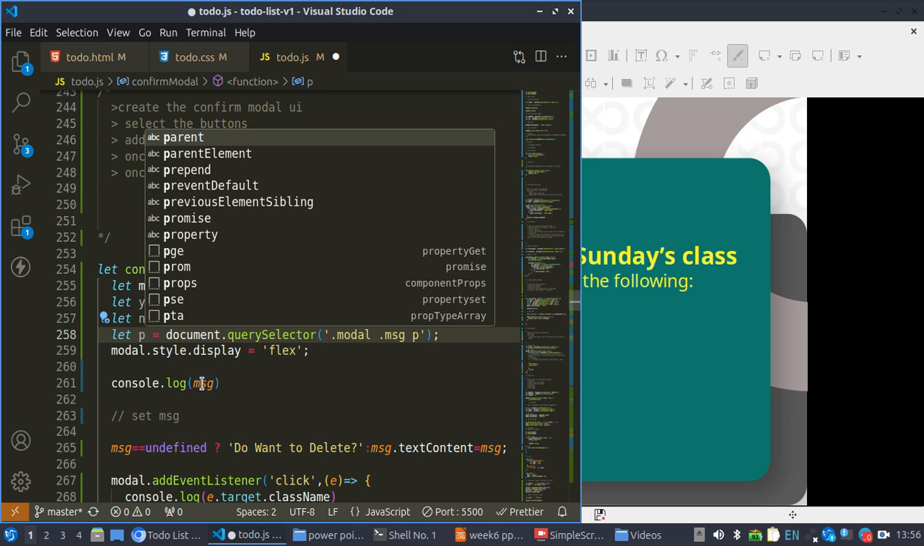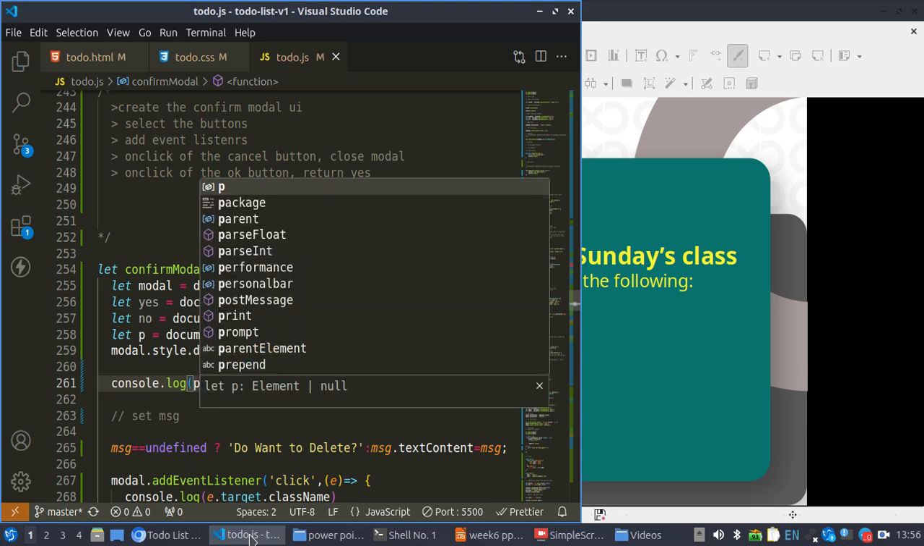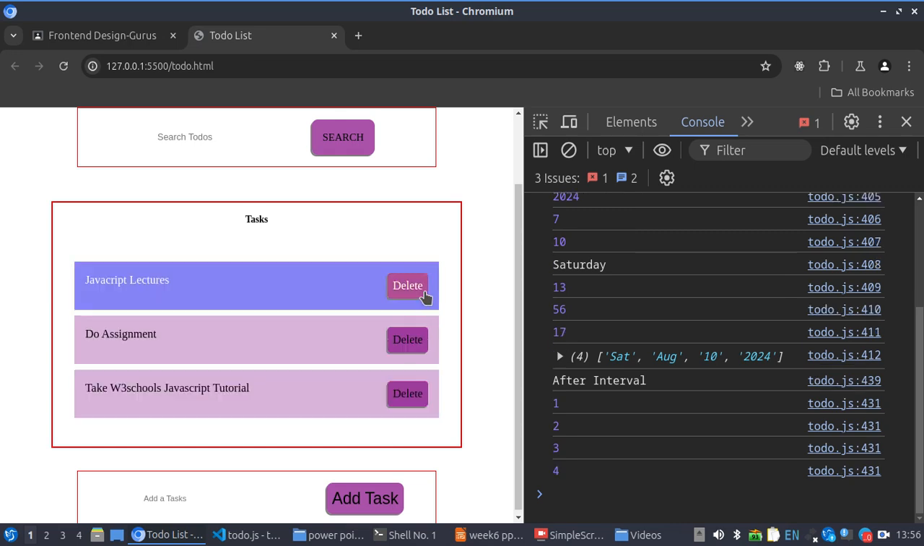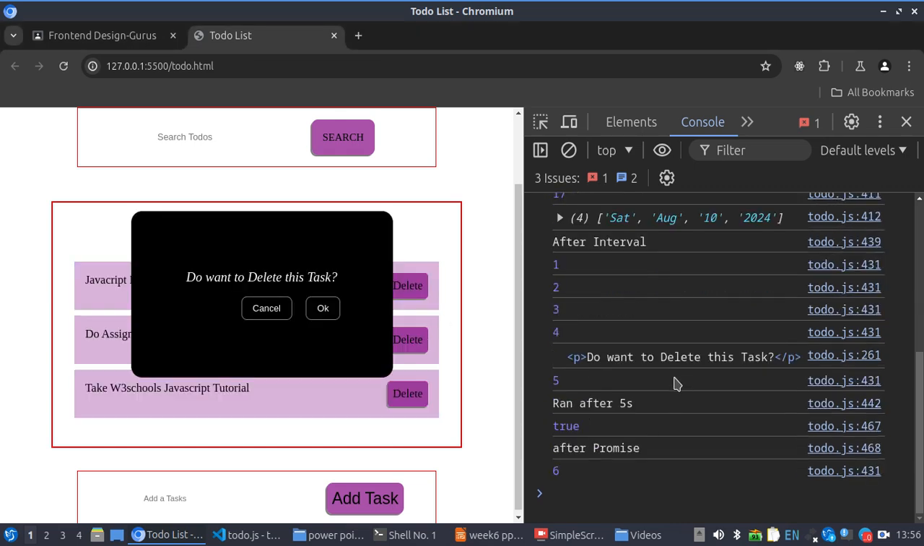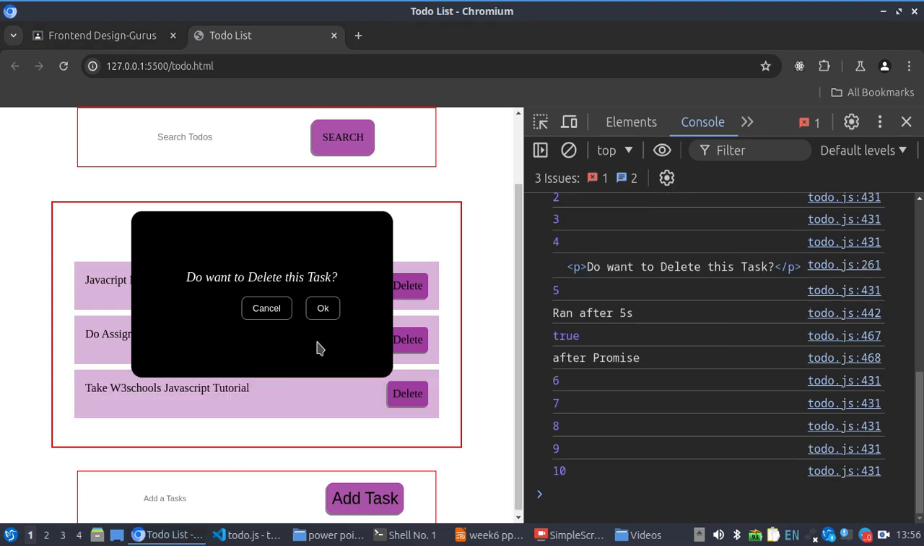So it's good to always find out why it's not working. So we'll do that. P. So that should work now. So you notice you're getting our p. So now everything should work. So if I go back to my code,